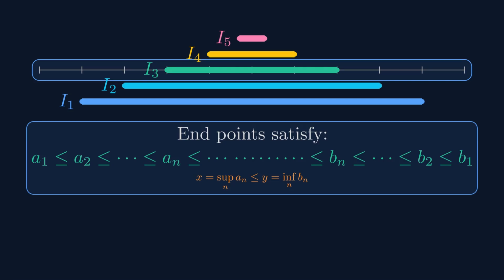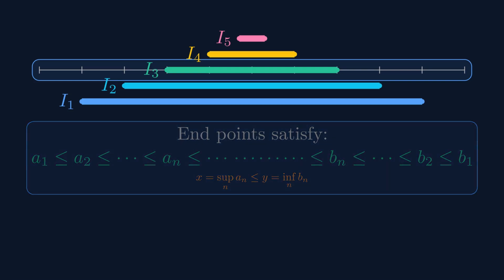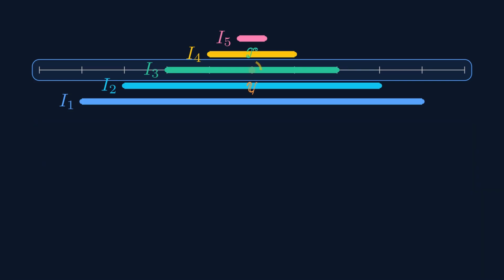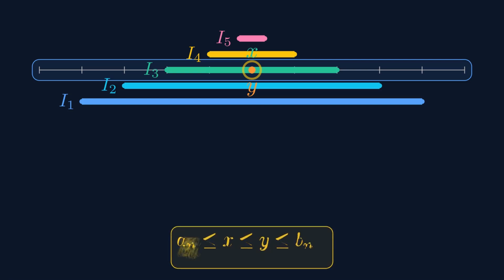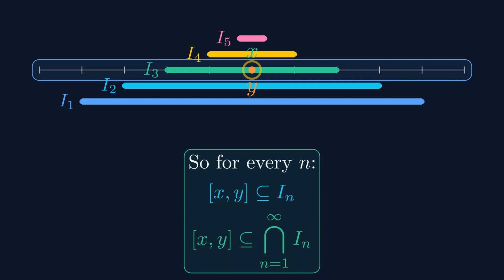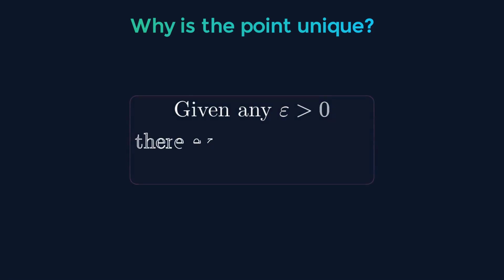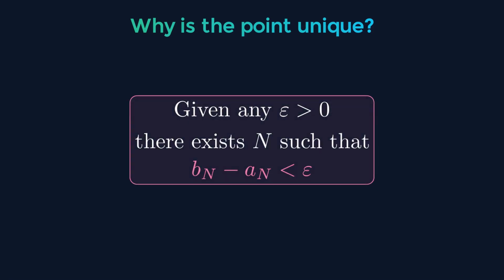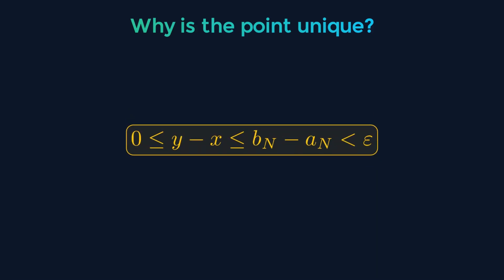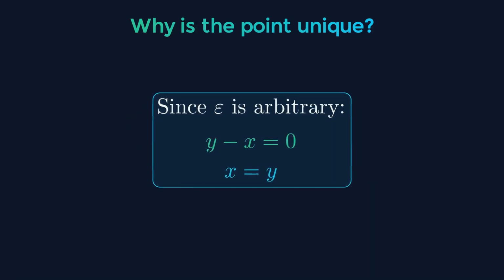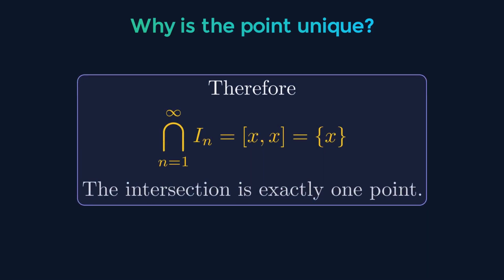In any general topological space, if you have a nested sequence of non-empty closed sets, their intersection is guaranteed to be non-empty if the sets are compact. This concept forms the basis of the finite intersection property of compact spaces. If the length of the interval tends to 0 as n tends to infinity, then the intersection has a unique point. The theorem is proved using the order completeness axiom of real numbers. It shows how important the completeness axiom of real numbers is.